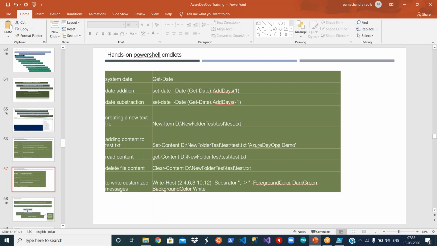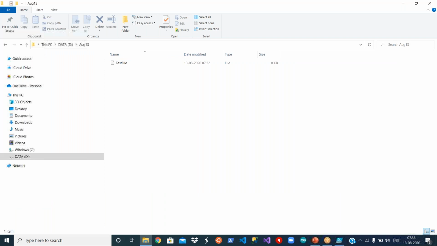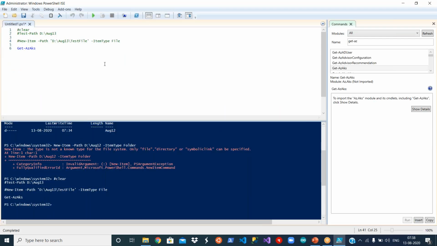You can add, subtract, or set the dates, the way you do it in your SQL Server or Oracle or in your Java or .NET. You have similar things here as well. Let me give a simple example, let us say Get-Date.